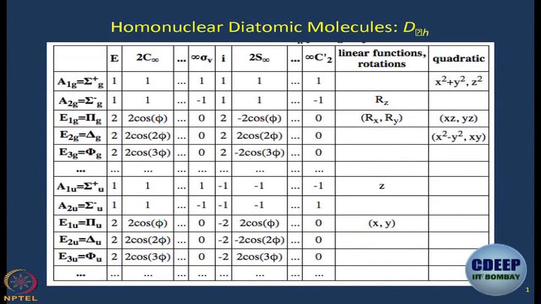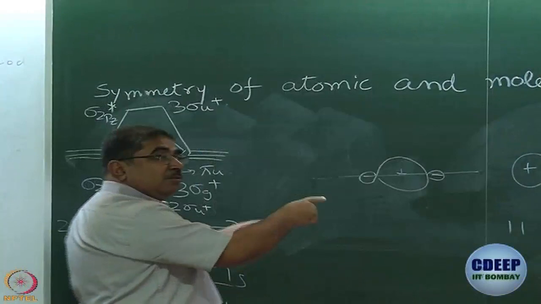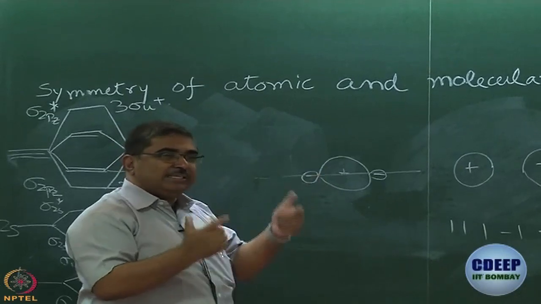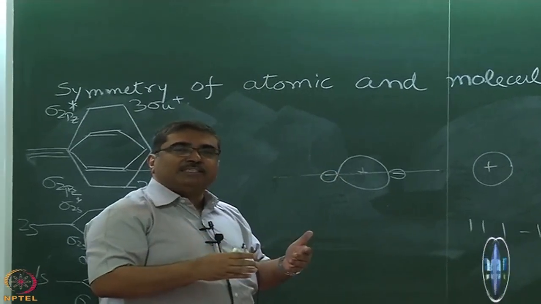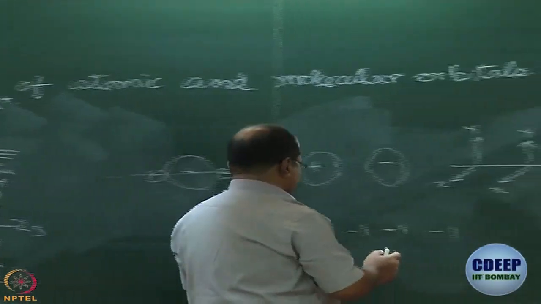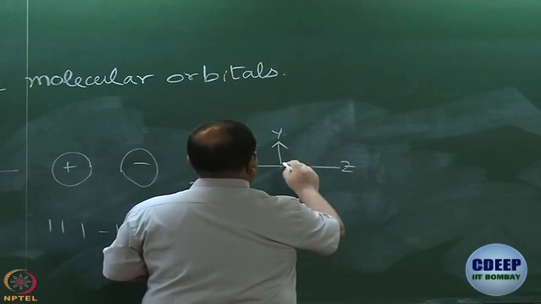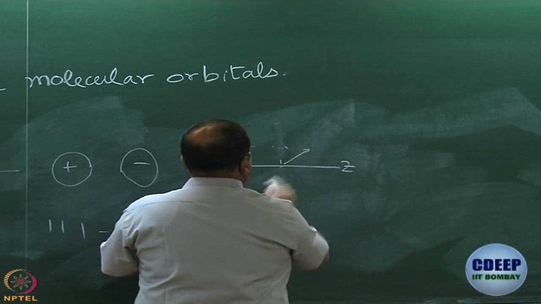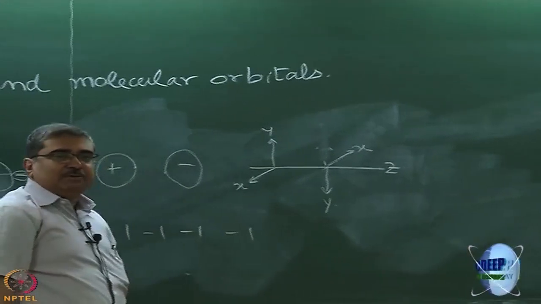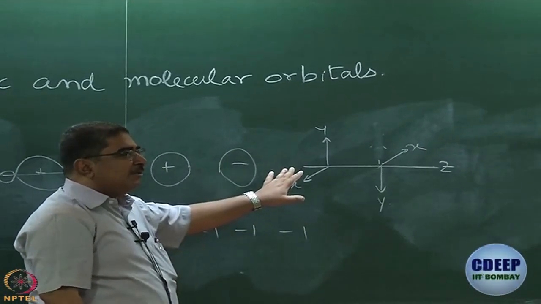Where do x and y belong? Pi u, alright, pi u. So, the bonding orbital here is actually pi u. You can work this out yourself and convince yourself that these two sets of px and py actually form basis for pi u when it is bonding. What about the anti-bonding one? When I write xy, I mean px, py. This is a situation for anti-bonding.